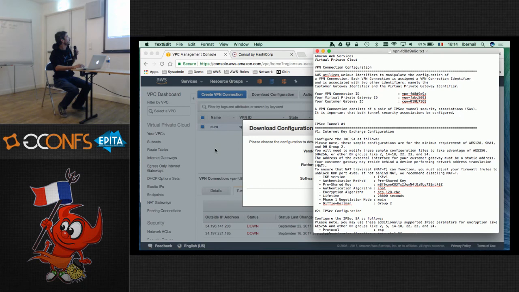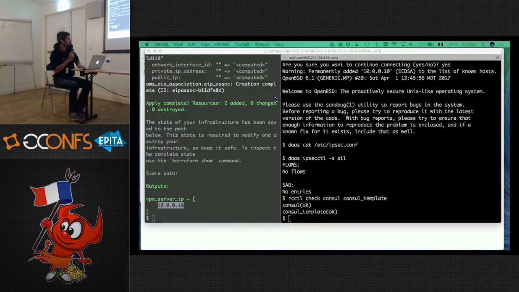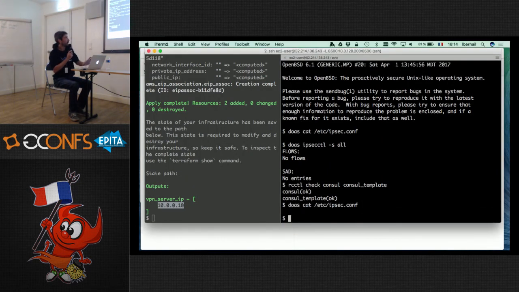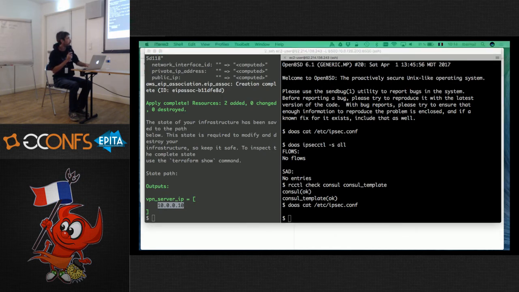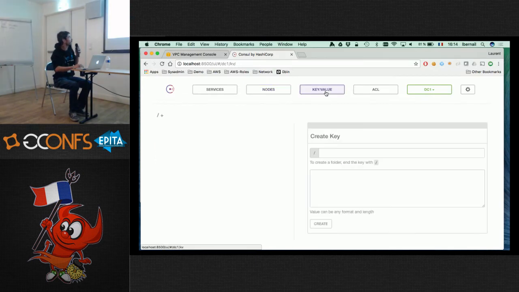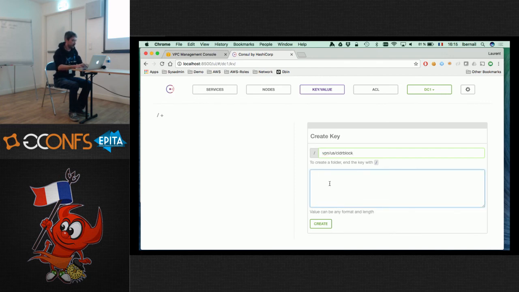Okay. You remember, when I go to the machine, there's nothing in ipsec.conf. There's nothing in there. And what I'm going to do now is put the necessary information in Consul to get this generated. So I'm going to mirror the organization I showed you before. I'm going to create the CIDR block key.